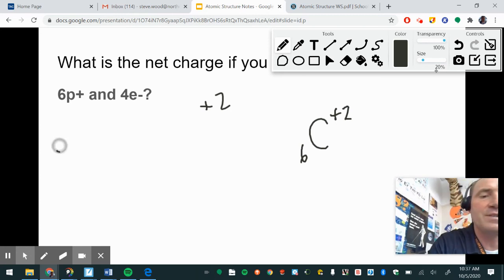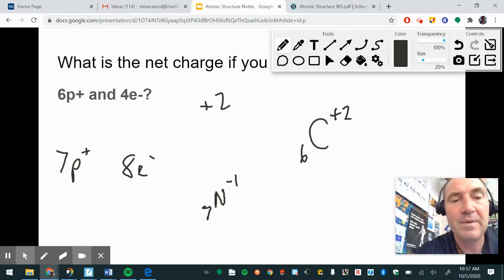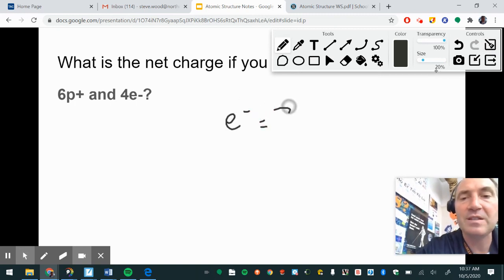So let's say that you have 7 positive protons and 8 negative electrons. So now electrons win. You have more negative charge. So you would be 7, which would be nitrogen, and you would be -1 because you have one extra electron. To find electrons in a symbol, electrons are always equal to the atomic number minus